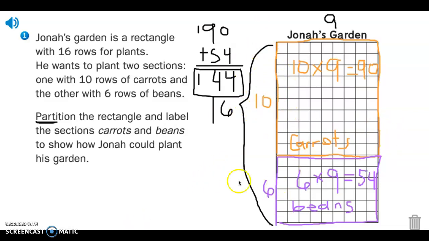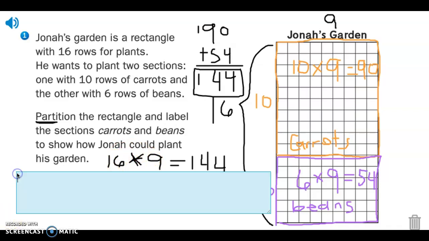Now, if I were to write that as a number sentence, so instead of saying 10 times 6, I would say 16 times 9 equals, what is 16 times 9 equal? Well, right, we just added the sections, so we know it's 144. But if we didn't partition it or break it apart, how would we have figured that out? Because I know that I can multiply by 9s. It's a multiplication sign. But 9 times 16 is a really, really big number. So we can